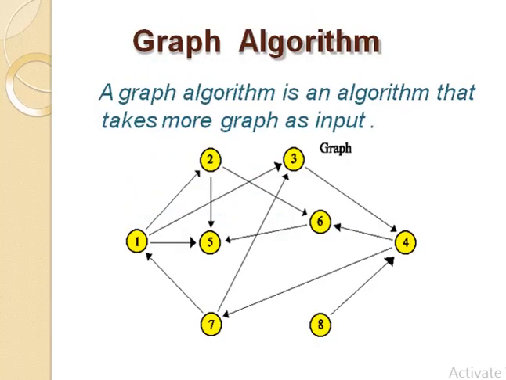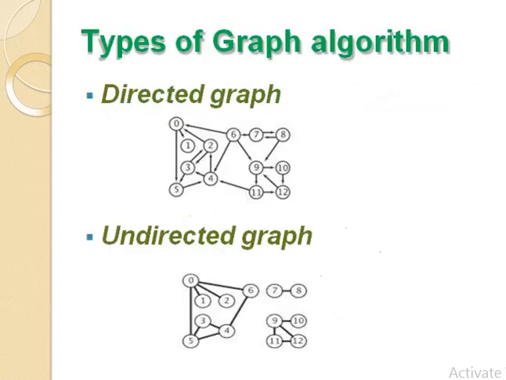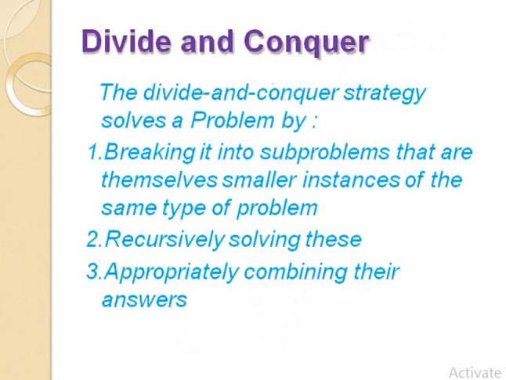Next is graph algorithm, an algorithm that takes a graph as an input. Tracking, directed graph, undirected graph, visiting all the nodes, single source shortest path, or single source multiple paths, a number of things may be calculated with the help of this graph. Broadly it is divided into two categories: one is directed graph, another is undirected graph. We also find various solutions by using this graph as an algorithm.